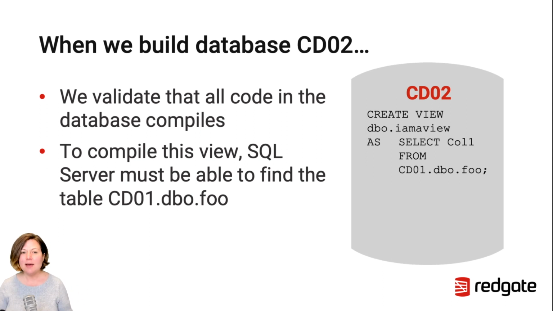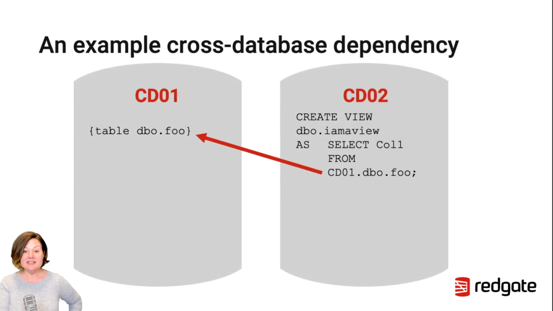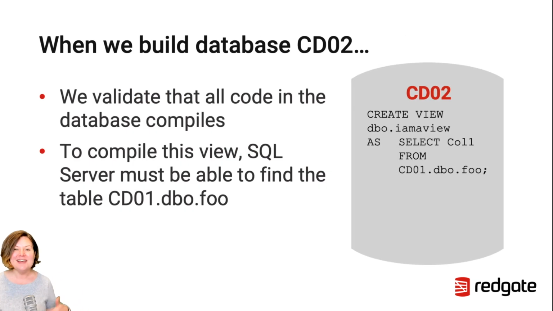And of course, things can happen over time, right? We might have created this view in CDO2 a year ago, and maybe a year ago this table existed in CDO1, but what if last week somebody renamed that table in CDO1? What if something changed underneath my dependency and it's not valid anymore? Well, I think it's great that we test that and make sure as we build and release our code that things are still valid. So the enforcement here of making sure that the table cdo1.dbo.foo exists actually comes from